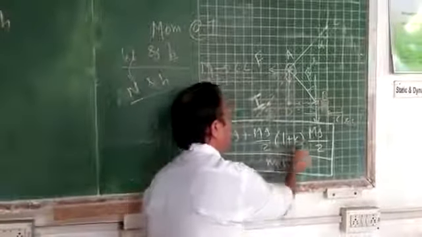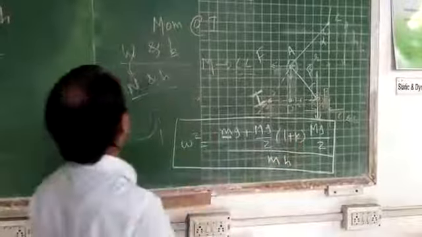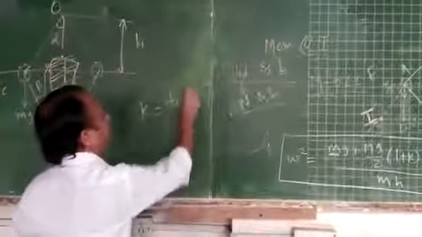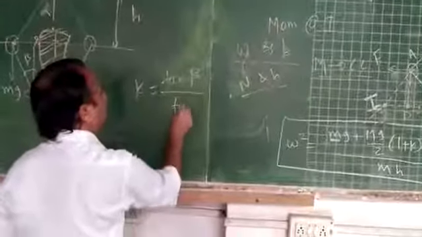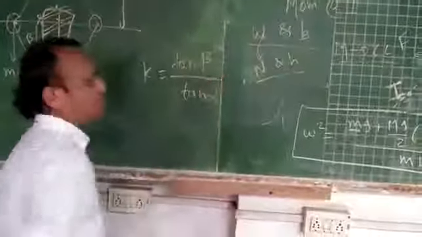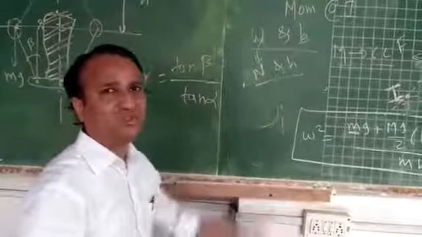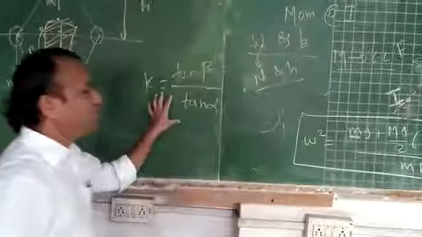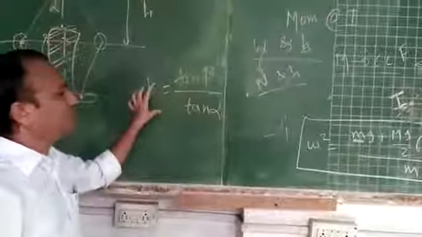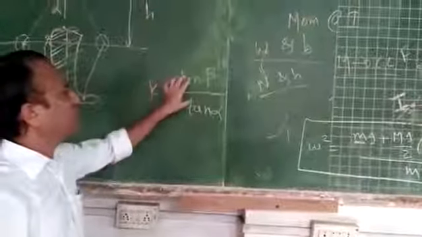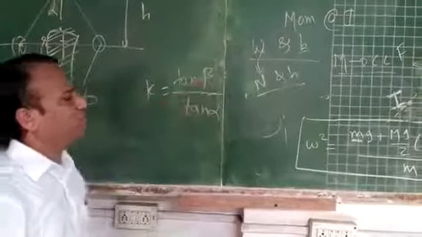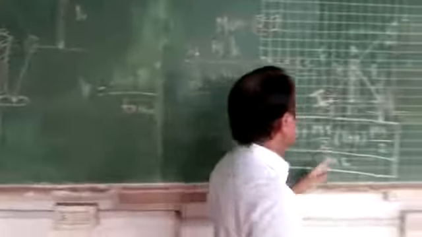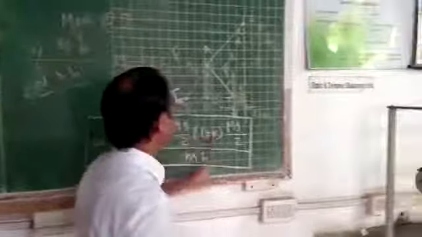In bracket 1 plus k. Students, k is nothing but a ratio between tan beta by tan alpha. Simple derivation. Just go through the various standard reference books. So k is the constant, the ratio of tan beta by tan alpha. Beta and alpha were already discussed. So mg by 2, 1 plus k